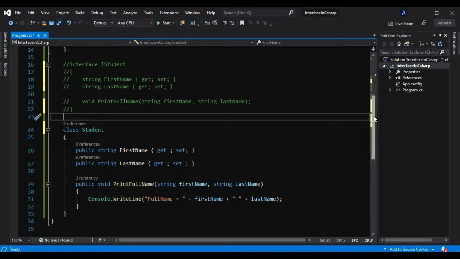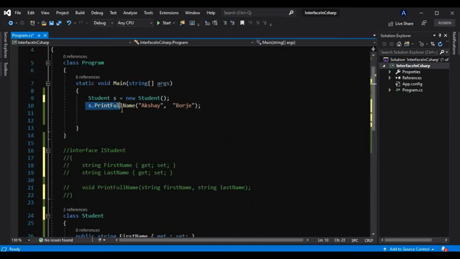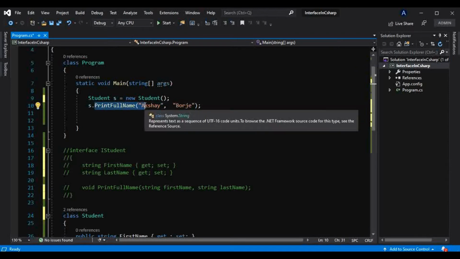We have learned the 4 pillars of OOP in C#, that is abstraction, inheritance, polymorphism and encapsulation. If you are not aware of that, please go and check that video first, so you will understand this better. One of the pillars, abstraction, says we should not directly expose our members to the user. Instead, we should expose them through abstraction. In a simple way, don't expose the implementation to the user, rather only expose the method to the user.